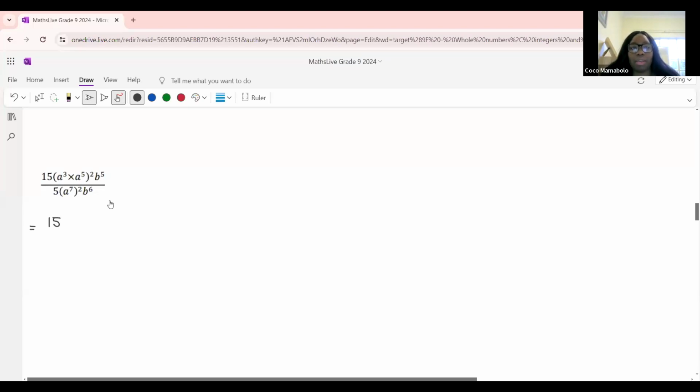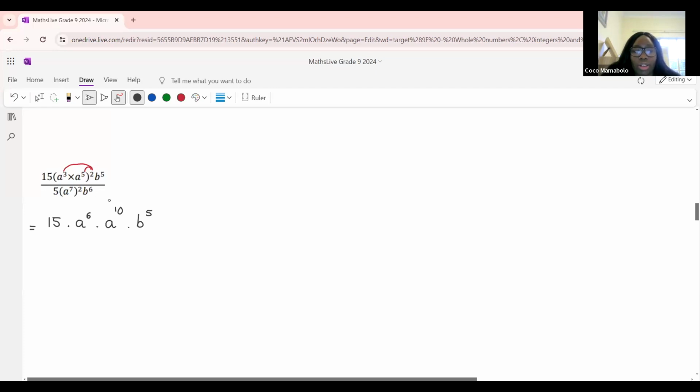15 will stay the same, but in the brackets, we're going to distribute. And we're going to get 15 times a to the power of 2 times 3 will give me 6 times a to the power of 2 times 5 is equal to 10. Guys, note that I'm using a dot, and a dot in maths also means times. So you are allowed to use a dot instead of the times symbol. Dot also means times. Okay, and then times that b to the power of 5 that's hanging on to the